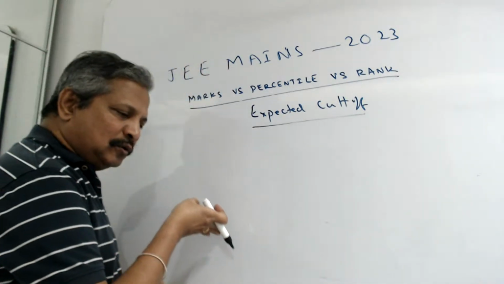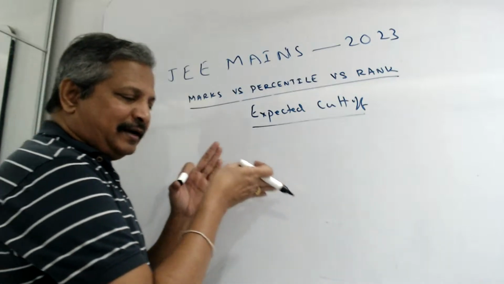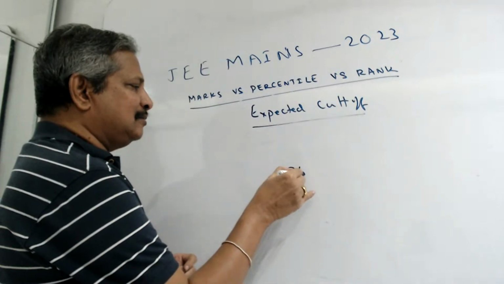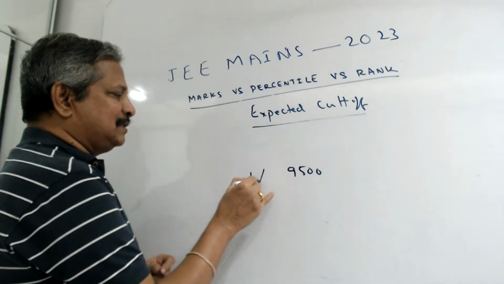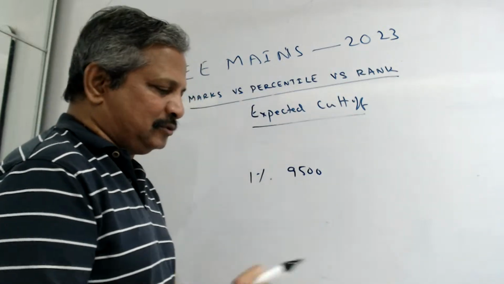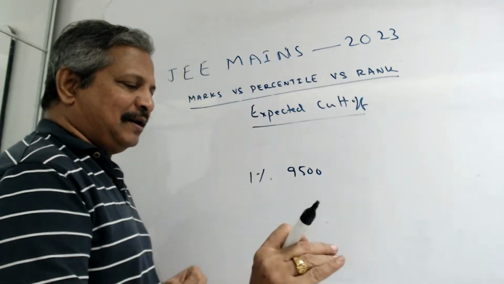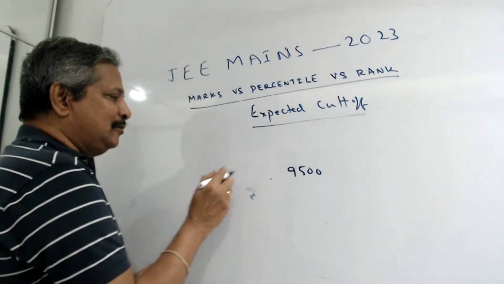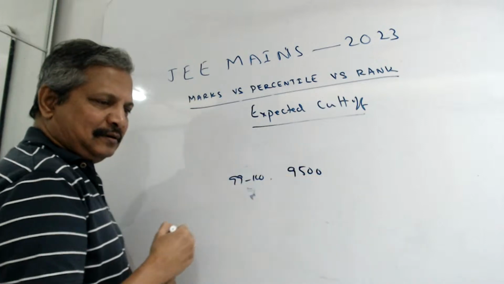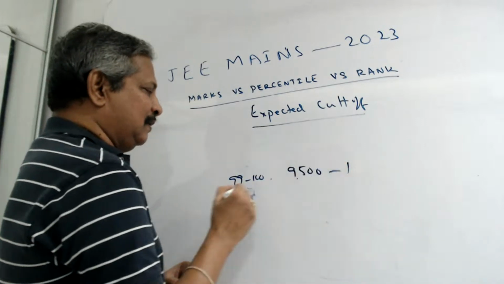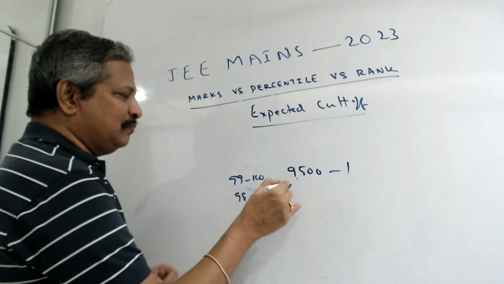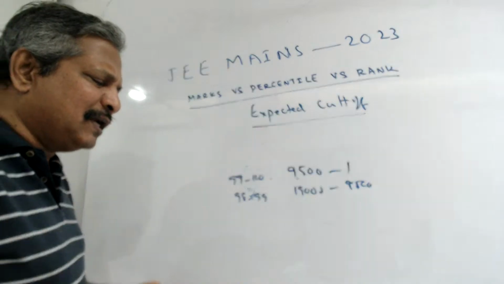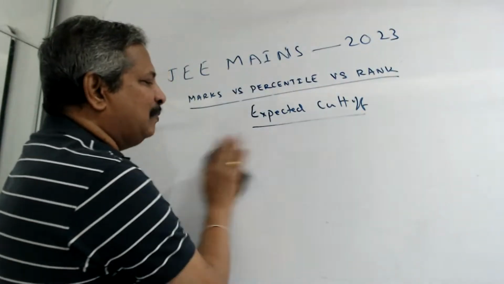Because now you know the approximate marks only. After getting the percentile, we can tell the rank, because each percentile is equal to about 9,500 ranks. It depends upon the number of students. So 99 to 100 percentile is rank 1 to 9,500. Again 98 to 99 is 9,500 to 19,000. Already I told you, but we will discuss in detail what type of seats you will get depending upon this,